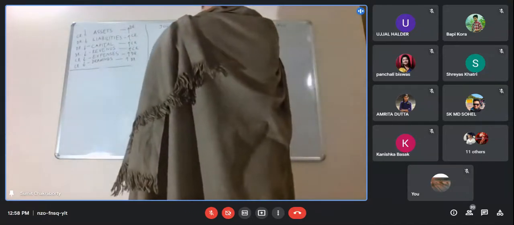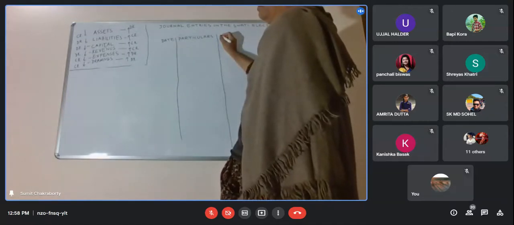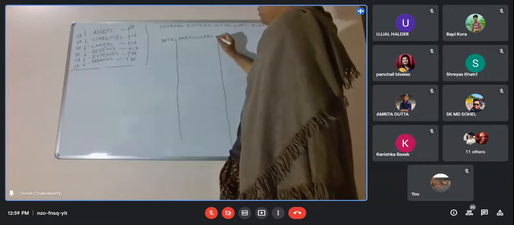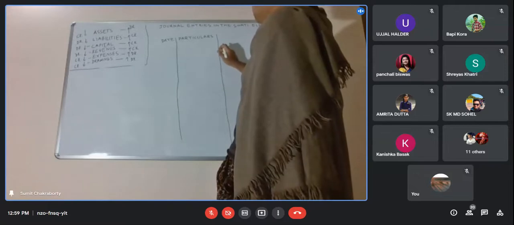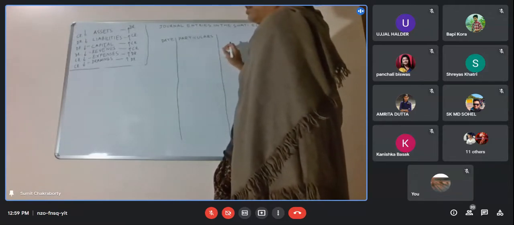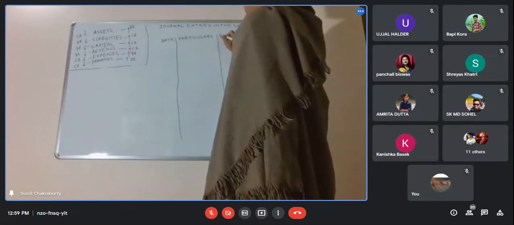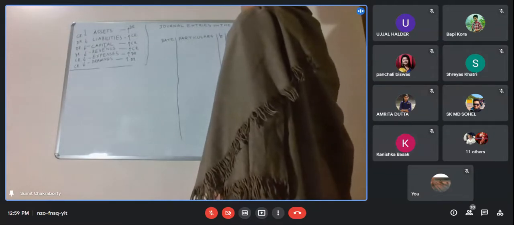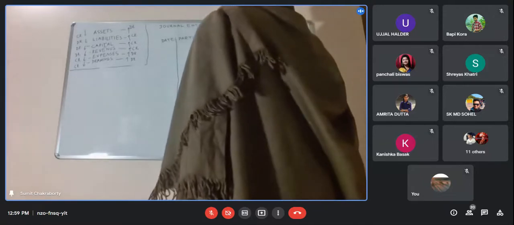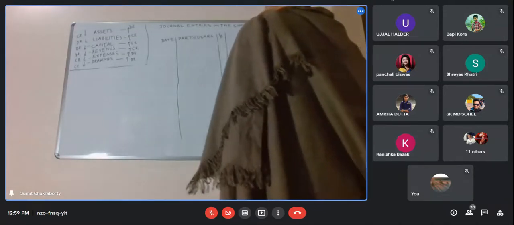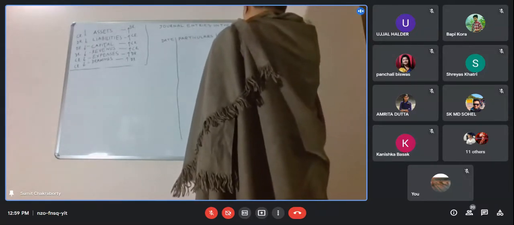Date, particulars. If it is a journal entry, it will be a ledger folio. If it is a ledger entry, it will be a journal folio for cross reference, so that from the ledger we can come down to the journal to cross check whether the entries are correct. So it will be a ledger folio number, LF. We'll leave this column blank because we do not have the exact folio numbers here, but we will show ledger folio and then